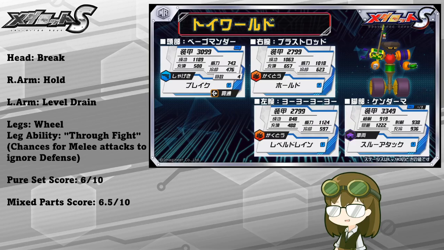However, as mixed parts, I'd rate him just about as equally, maybe just a little bit higher at a 6.5 out of 10, arguably for the reasons stated above. The fact that his kit is just a little scattered does make using him a little tricky as a pure set, but as mixed parts, you could probably make use of them a little easier. Hold, for instance, as a conventional ailment attack to slow down opponents. The head, of course, for a heavy punish for anyone that is in need of